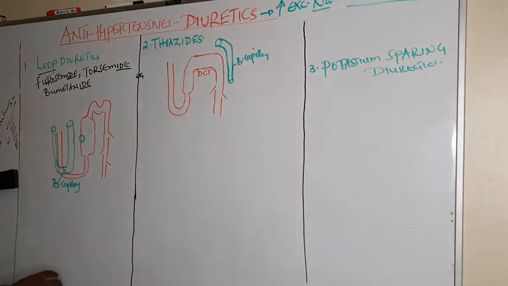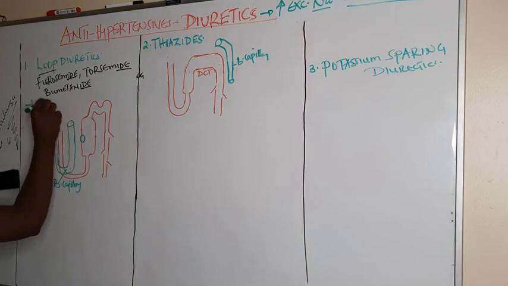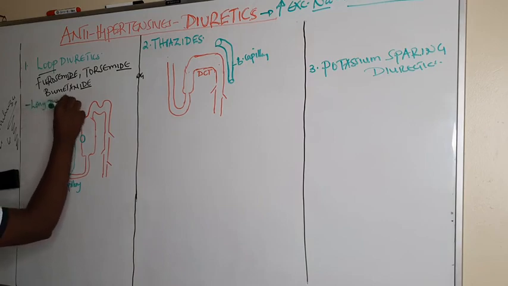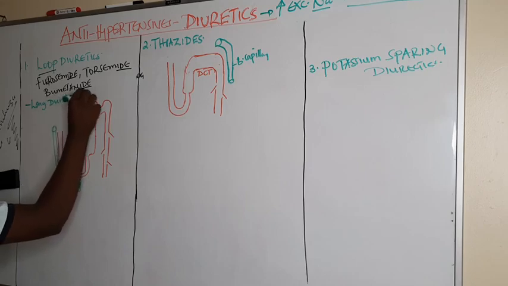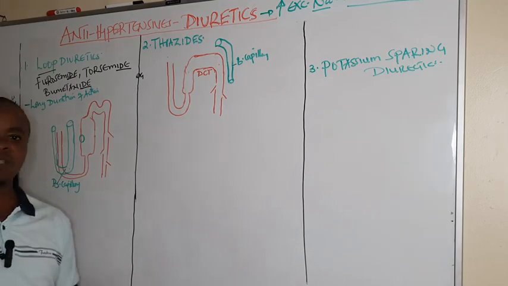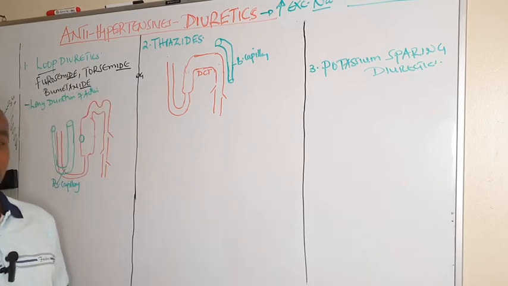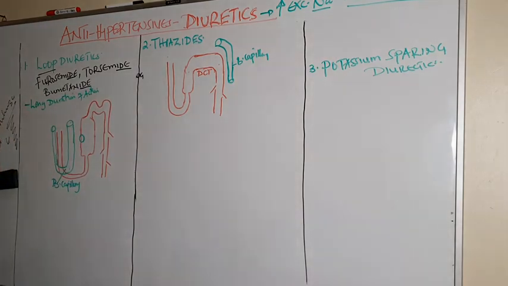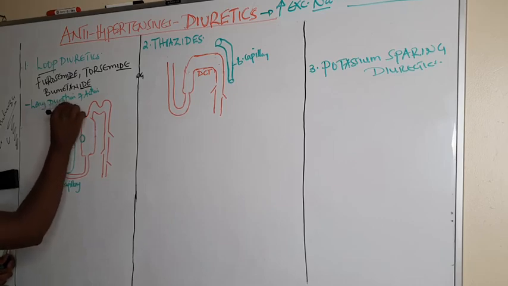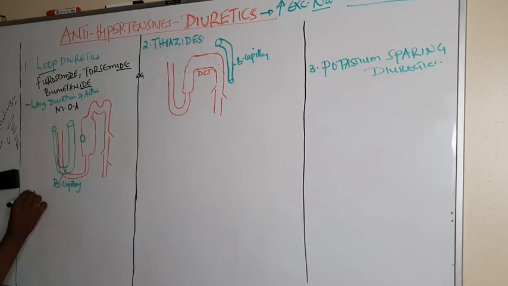And these loop diuretics, as we move on, we are going to see that we can use them in the treatment of chronic hypertension and hypertensive emergency. And their mechanism of action is that they act by